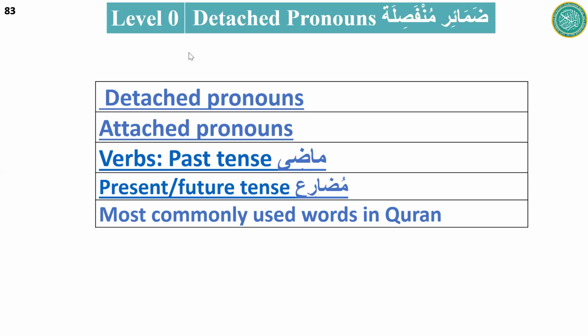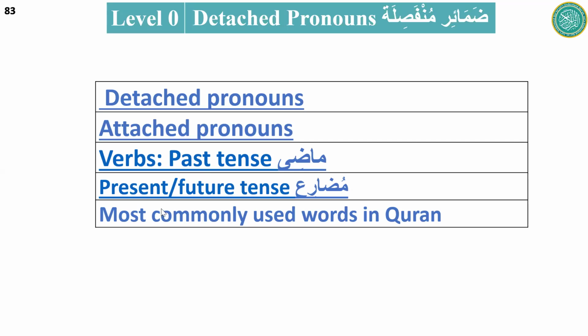Allahumma Ameen. So we are going to start our today's session. Last week we finished level 0 with the quiz, and in level 0 we have covered detached pronouns, attached pronouns, recognition of verbs in past tense, past, present, future, imperative, negative imperative, order and nahi, subject, object, and verbal noun.